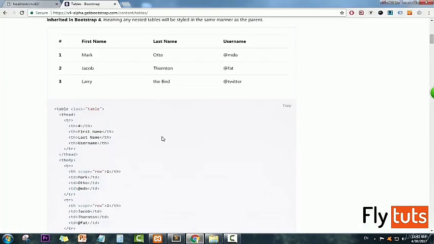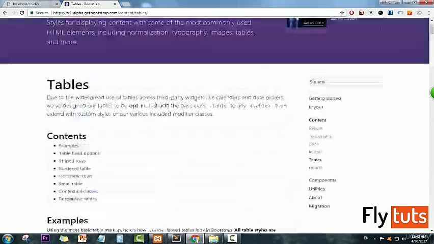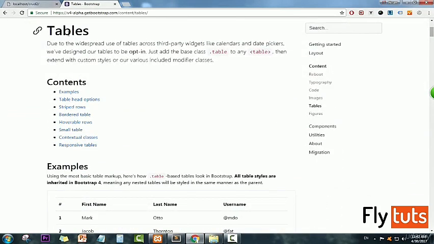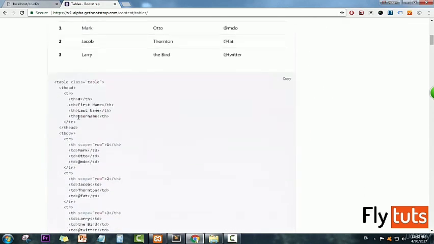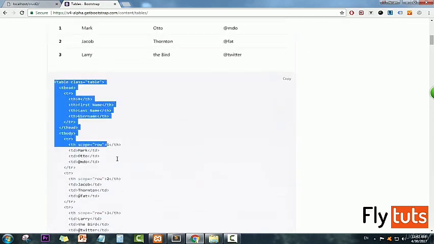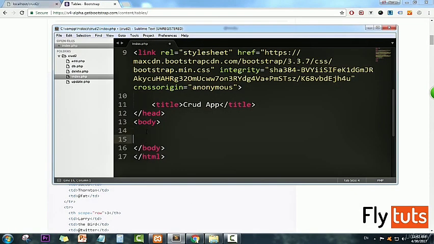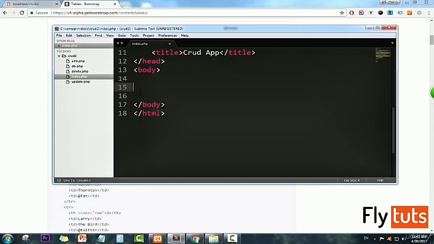So instead of creating all this and wasting a lot of time, in Bootstrap, just go to the Bootstrap website and go to tables. We need tables here. This is how you create a table. You see the long code. It's very easy. Just copy this one and go to your index file. But before that, we need